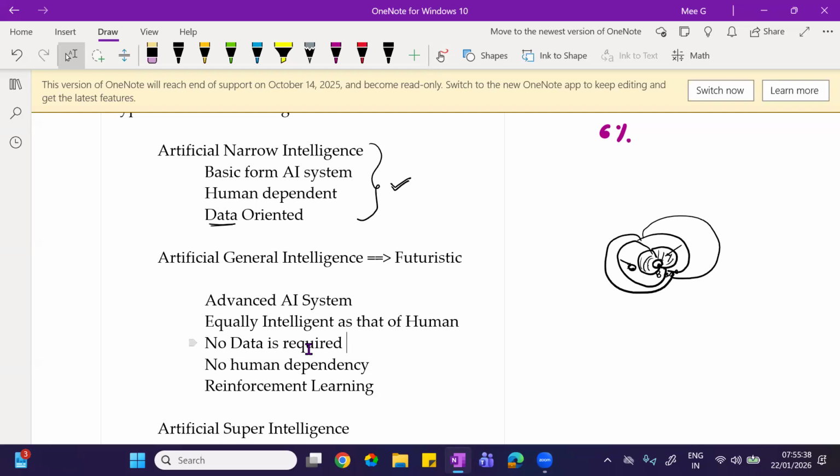What do I mean by human specific? Not a common virus. Based on the human body, some may have diseases like diabetes, heart disease, and some may have blood pressure. Considering all the body types, it will design a vaccine within 15 minutes and give it to you.